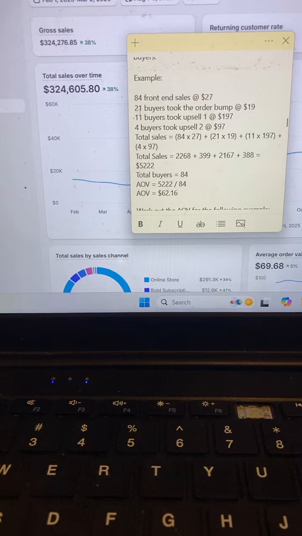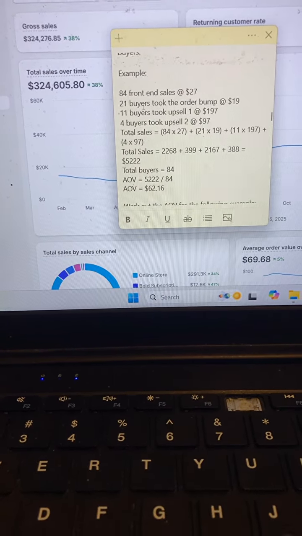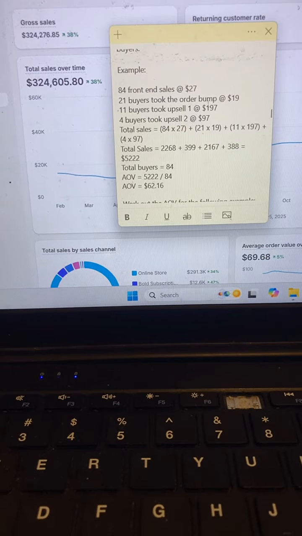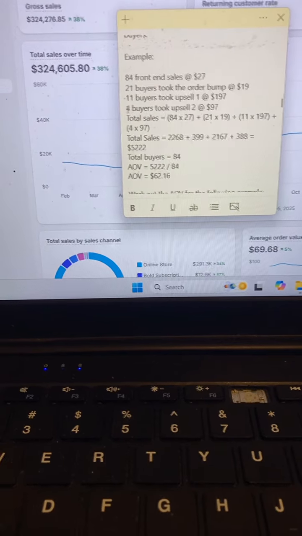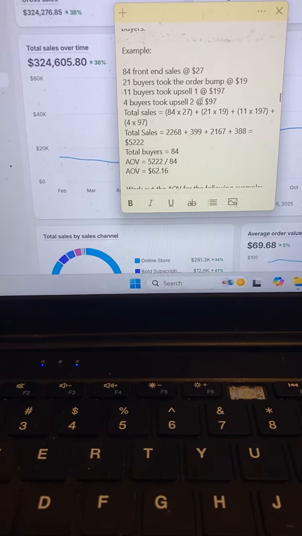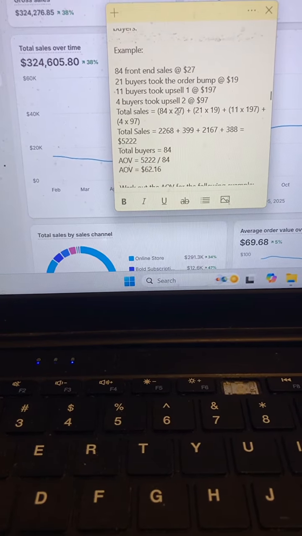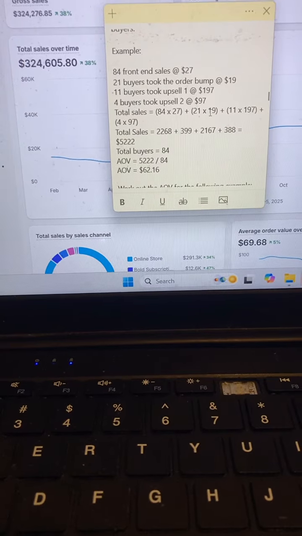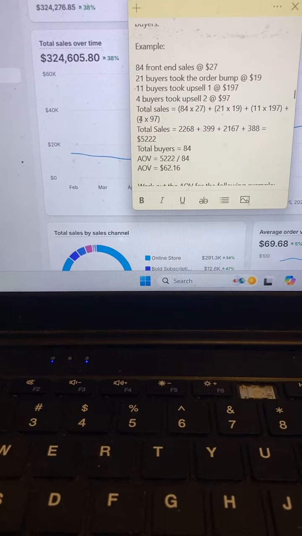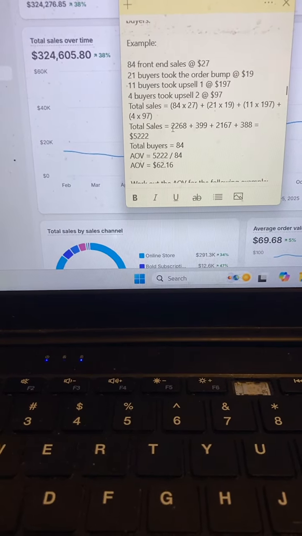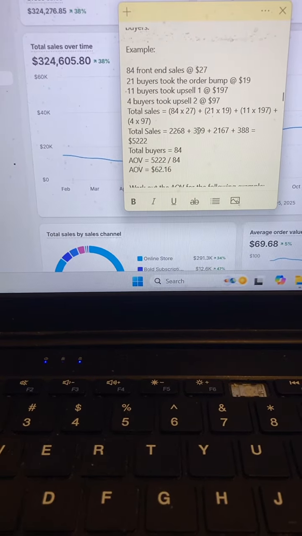So for example, if you have 84 front end sales at $27 a piece, and 21 buyers took the order bump at $19 a piece, 11 buyers took the upsell 1 at $197, and then 4 buyers took the upsell 2 at $97, then your total sales would be 84 times 27 plus 21 times 19 plus 11 times 197 plus 4 times 97. So your total sales would be 2,268 plus 399